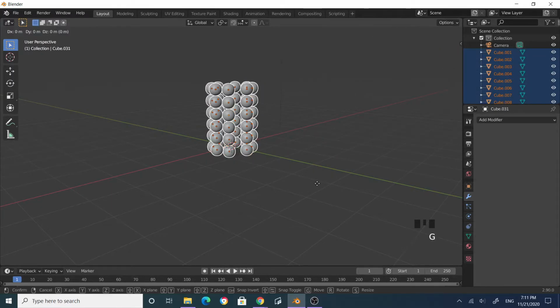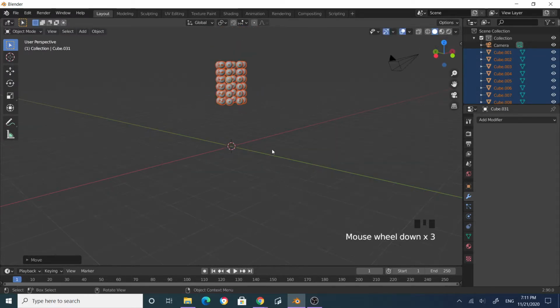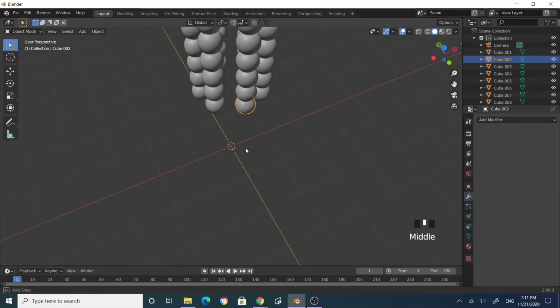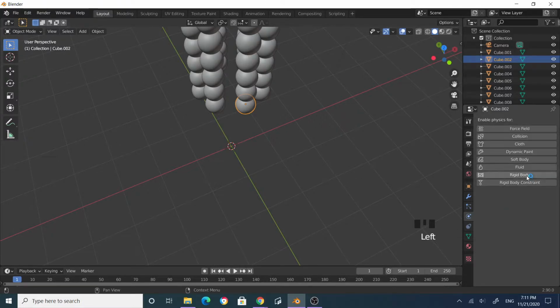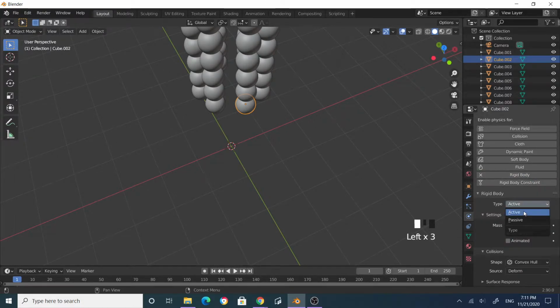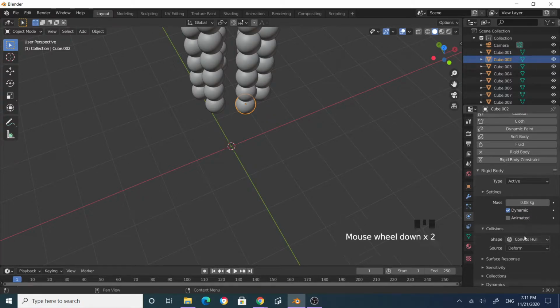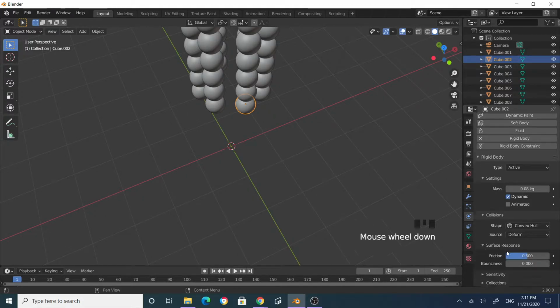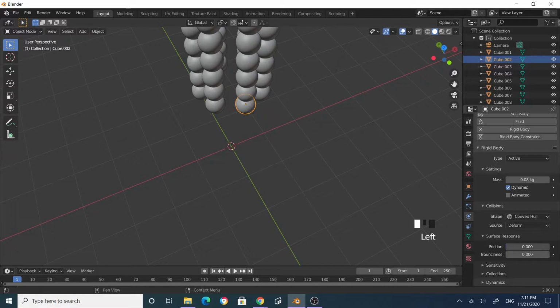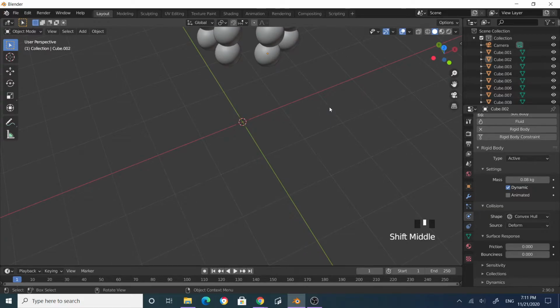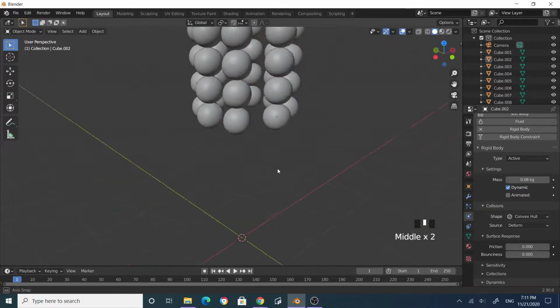Now select them all, grab Z, bring it up, and then select one of them, go to the physics tab, and then rigid body, apply active. Let's make the mass 0.08 to make it 80 grams or something, and leave this one as convex, and then deform, and then come over here, surface response, bring this back to maybe way back to 0. Now I only applied that one to this,